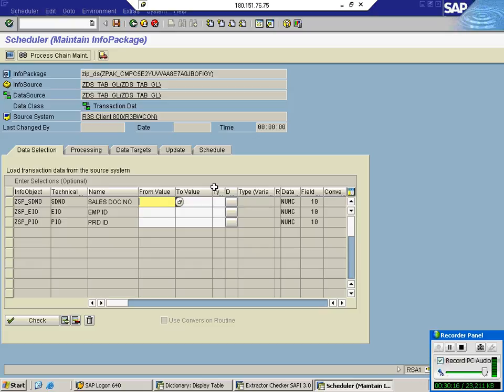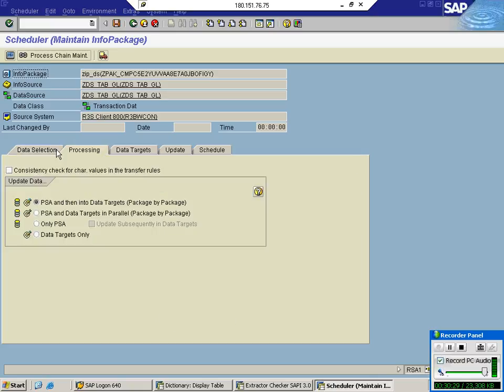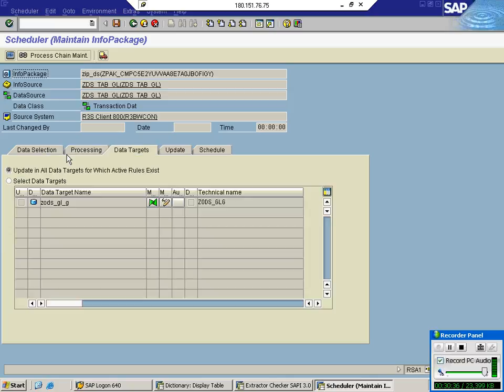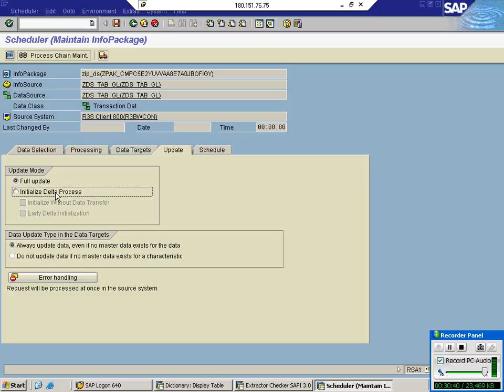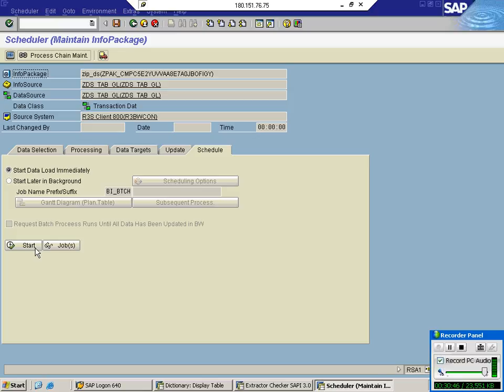This selections I was talking to you about is for selective full loads. If you want to go for selective full load, those selections have to be maintained here. These are all the documents and document numbers. So processing, select your target, update. What is update? Right, schedule, go back.